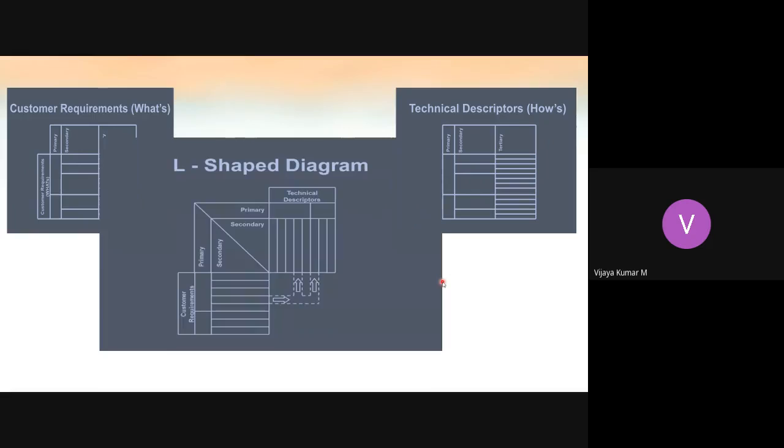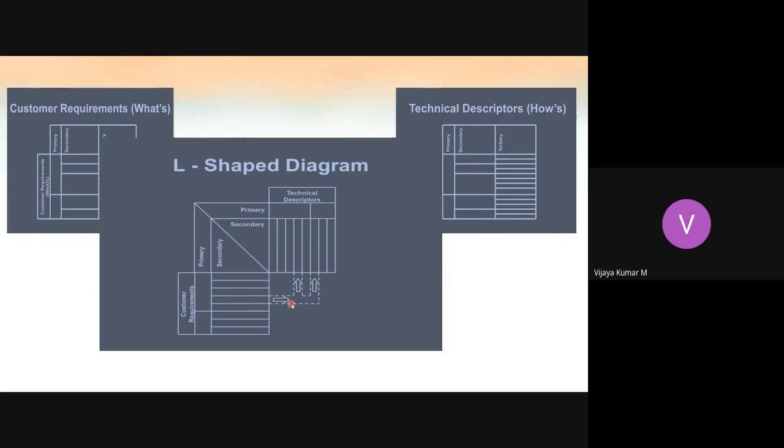Depending upon the product, customer requirements, right? And then what you have to do is, in the latter case, generate a relationship between customer requirement and the technical descriptors in this way. Now we developed this one, right? And then you developed this one, technical descriptors, again primary and secondary. And now this L-shaped